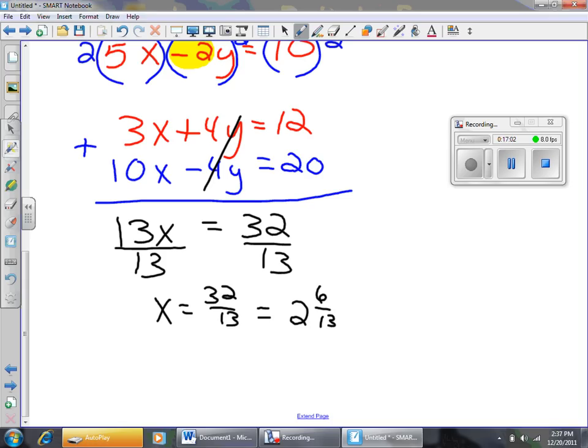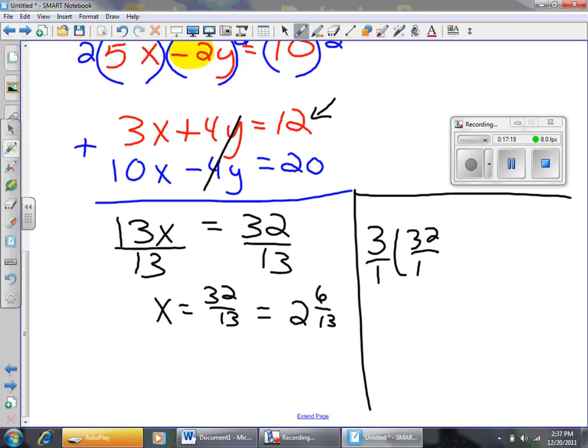Now I have to go back and figure out what y is. I don't think either one looks great. I guess I'll go ahead and use the first equation. So I'll do 3 over 1 times 32 over 13, okay, plus 4y. That'll equal 12. All right, that'll become 64 over 13